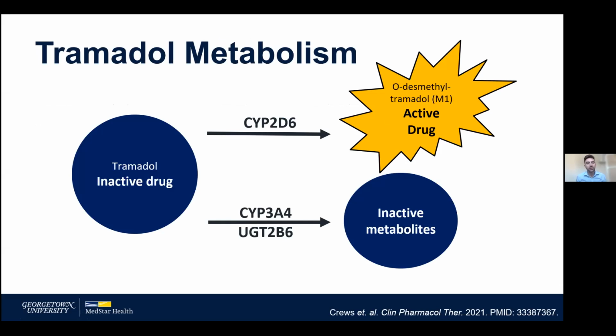When you talk about pharmacogenetics and opioids, I like to focus on tramadol because tramadol is so widely prescribed. It's the second most commonly prescribed opioid in the country. It used to be the 25th most commonly prescribed drug in the country, and now I think it's down to number 35. So it's gone down a little bit, and it's only behind hydrocodone in terms of prescribing rates for opioids. And so when we talk about pharmacogenetics, it's a widely prescribed drug, and it has a high level of evidence